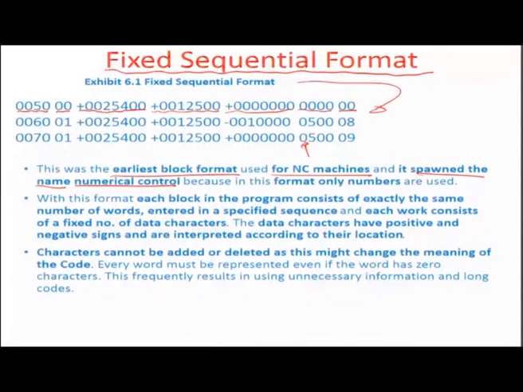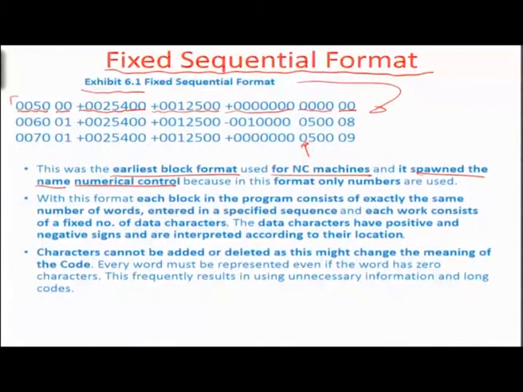Okay, you can think of this as a big table with different columns and rows, where the columns correspond to certain aspects of control related to the machine command, and the rows are the sequence of some of these aspects which would carry out a certain machining operation. So one can see some very peculiar features of this exhibit, one of them being that each block,